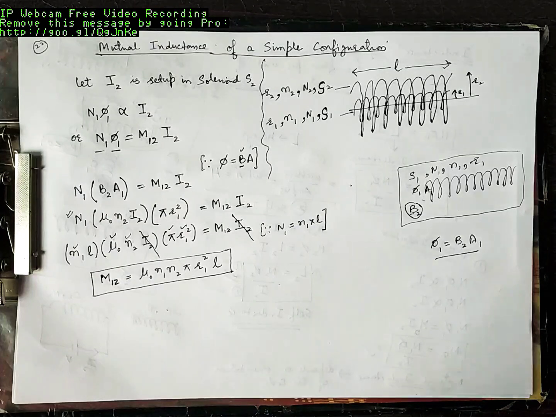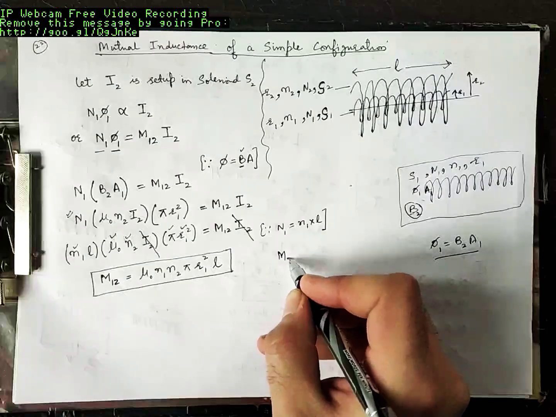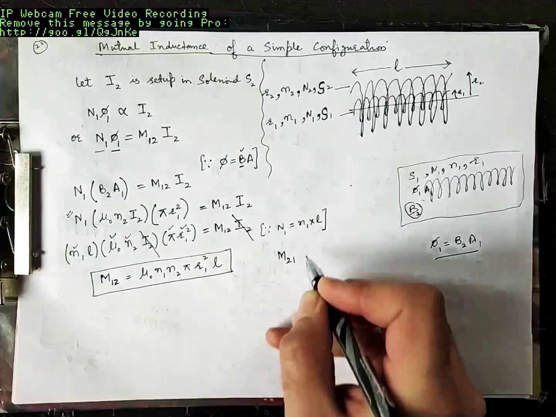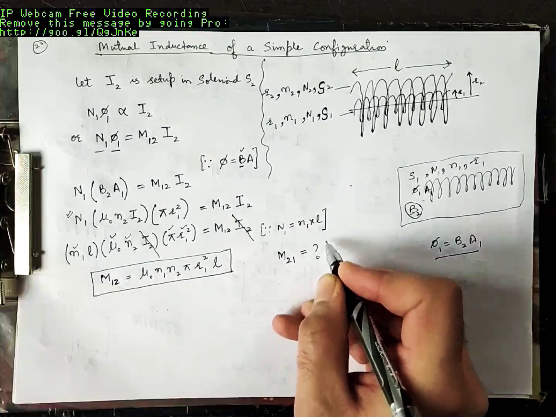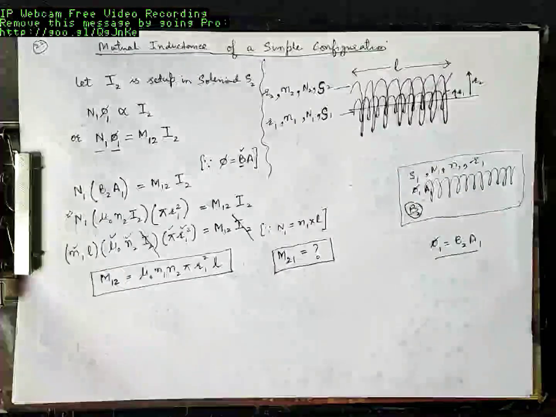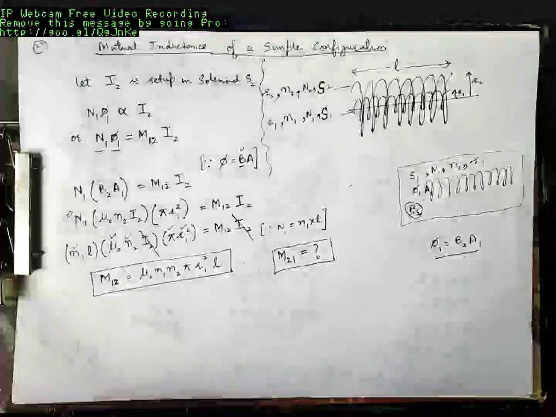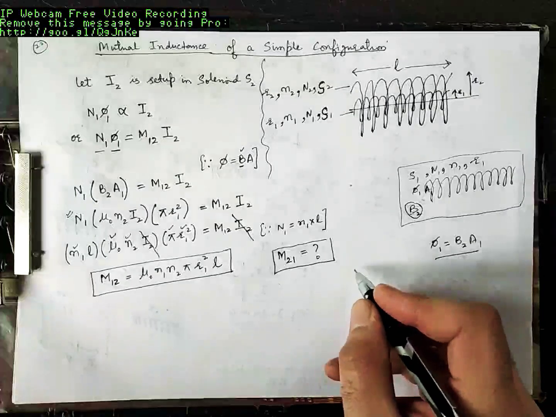Let's now calculate the opposite, that is, now I want to calculate what is the mutual inductance of coil 2 because of current in coil 1. I want to calculate M21, mutual inductance of coil 2 with respect to coil 1. I will again begin in similar fashion. We already know that,